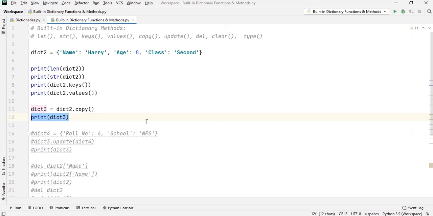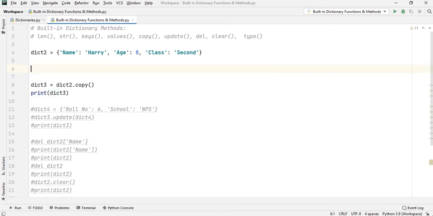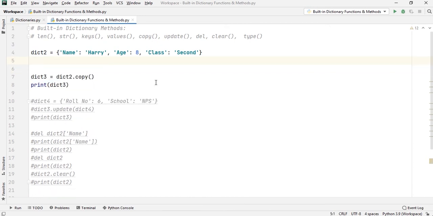Now let me show you the next method. Before that, let me delete all this so that you don't get confused. Okay, now the next method is the update method. For that, I have created another dictionary, dict4, which has two key value pairs: roll number 6 and school NPS.